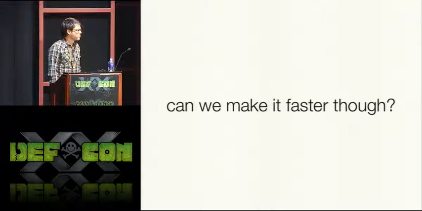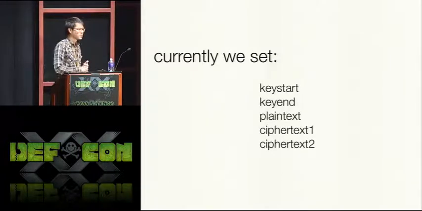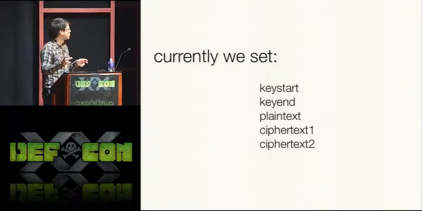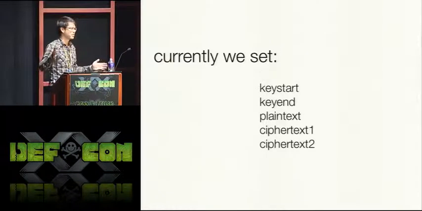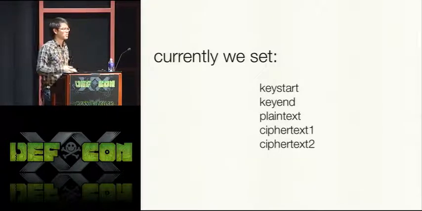So the next question that we had is, can we make this faster on an FPGA? We started looking at whether there's any way that we can speed things up a little bit. Implementing this on an FPGA, we have certain data that needs to get set in order to set up everything. If we're splitting this up across many, many cards, we have to take the whole key space and split it up into small sections that each FPGA can crunch on. So we have key start and stop registers set up to tell it where to start for each one of the cores. And then we also have to provide the plaintext and ciphertext that we're looking for.